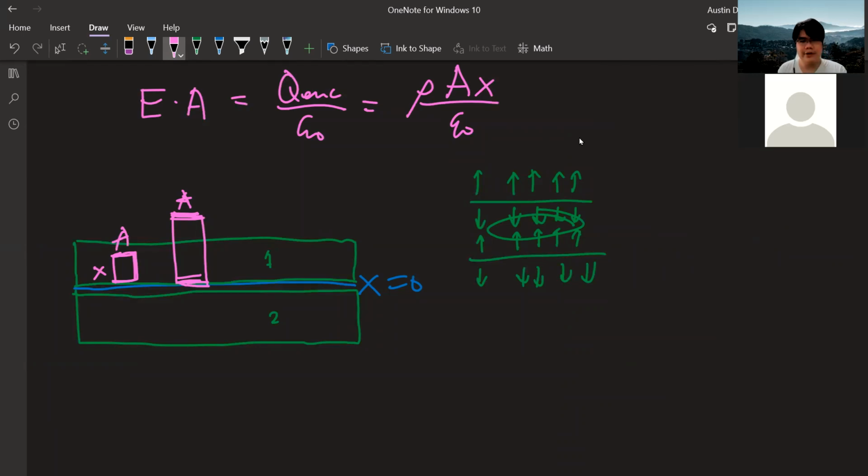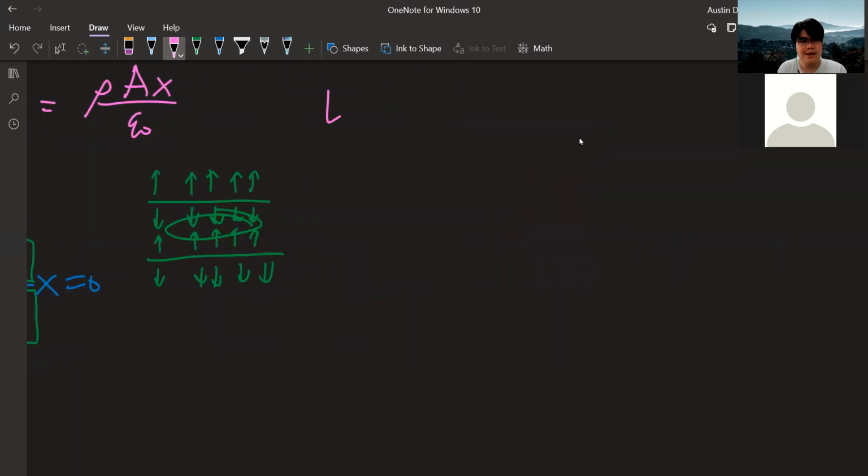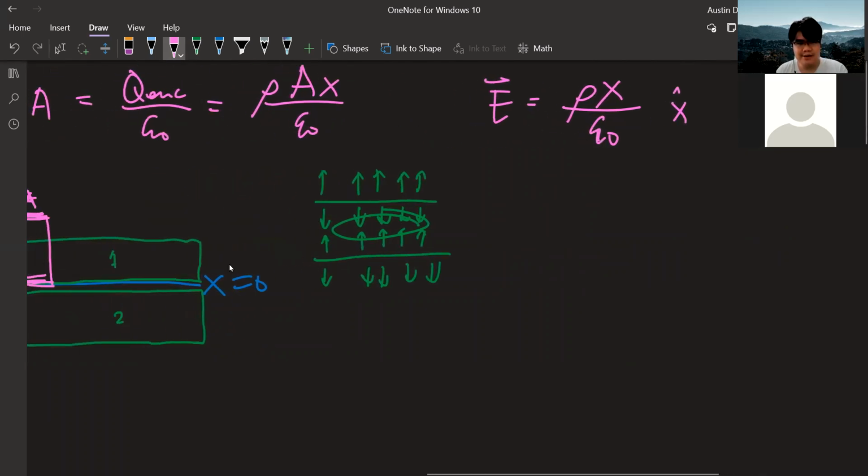Okay, so therefore, my electric field is rho x over epsilon naught. And then vector x hat, as it points upward